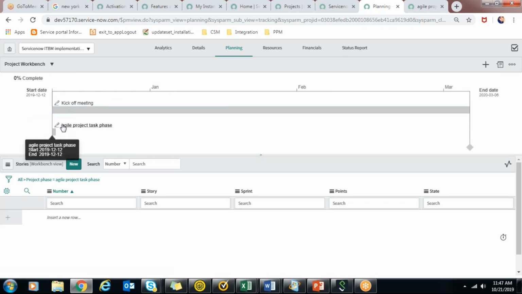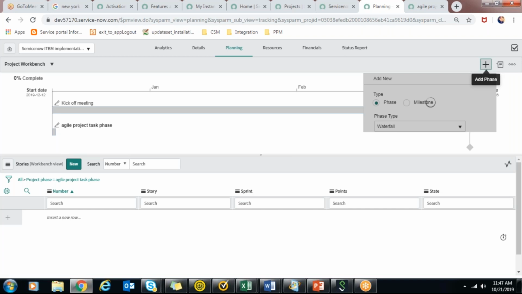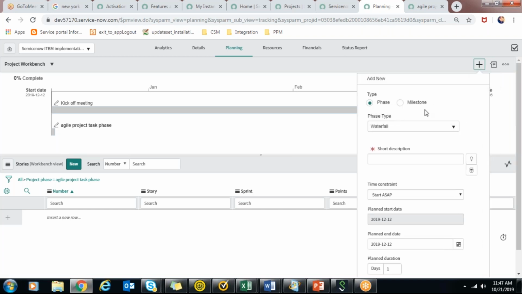so you can see that one is showing. And if you just do plus here, it will ask you if you want a waterfall phase type or agile and test. These three phase types you can add to the project. Just for example, I'm adding a waterfall project task,